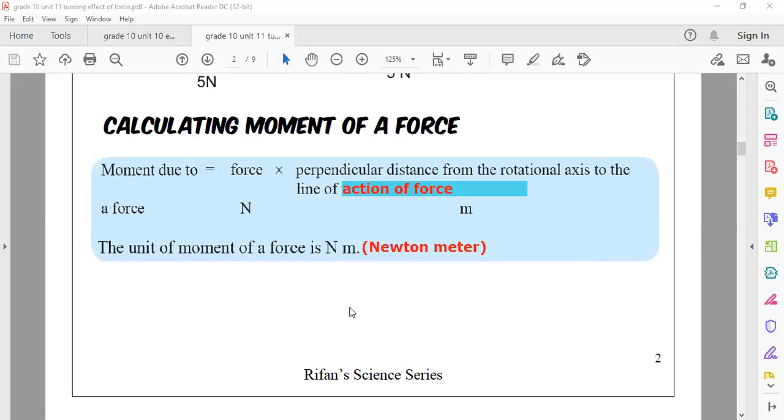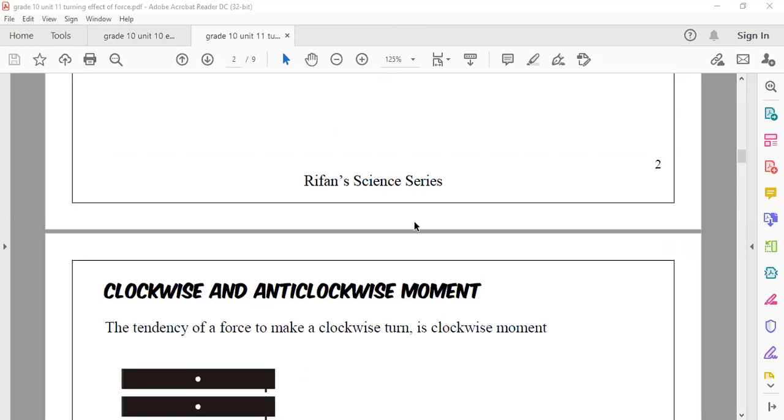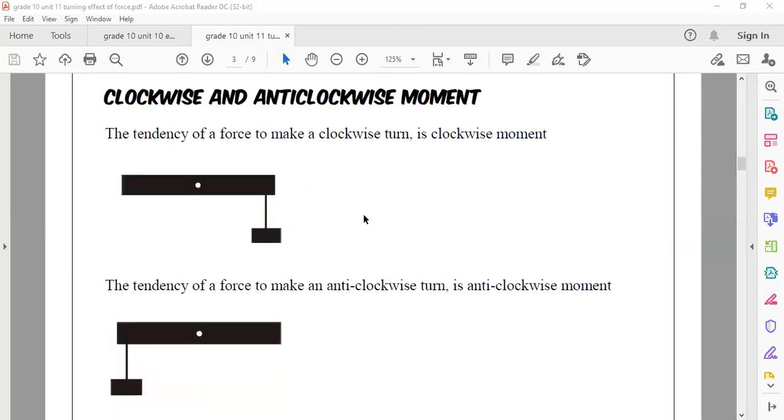Done, sir. Good. Has everyone completed it? Yes, sir. Good. So we are coming to the next page. In the next page, I am introducing you to clockwise moment and anti-clockwise moment. Okay. Clockwise and